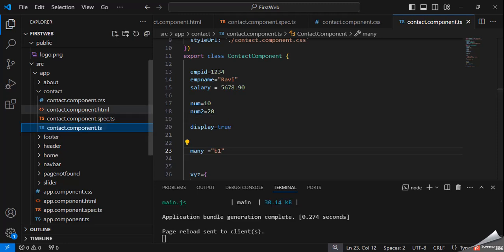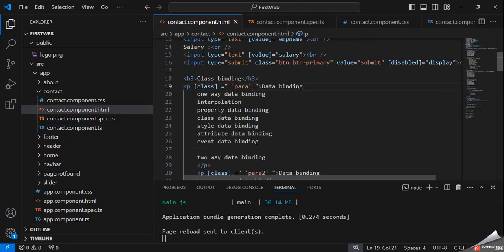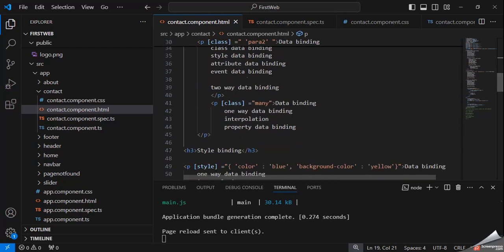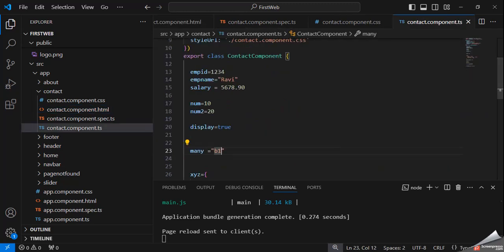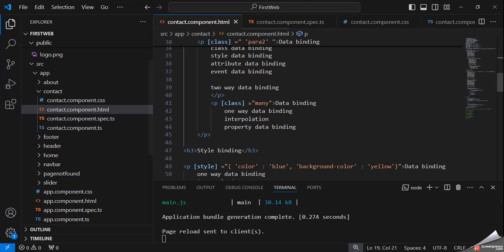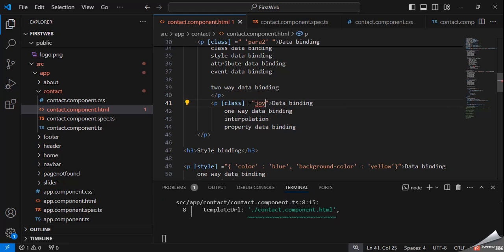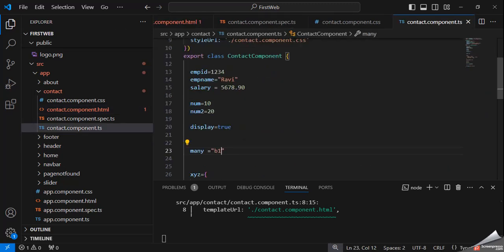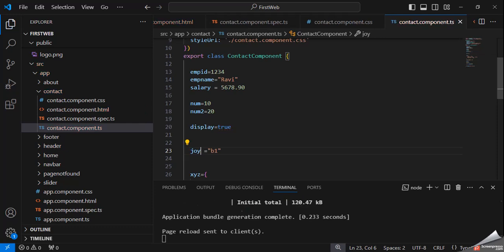Okay, and here I have declared another class, para 2, and here you can see this is many. You can specify any class name, variable name. So here I have declared a variable. You can specify any variable name. Here we can declare this joy variable, and here specify joy is equal to B1.